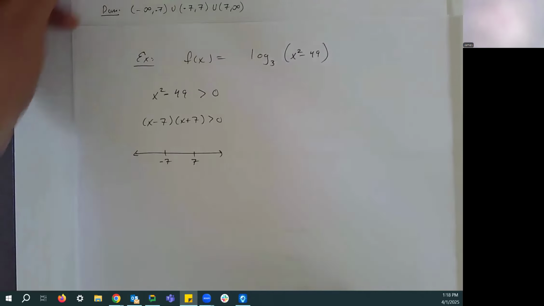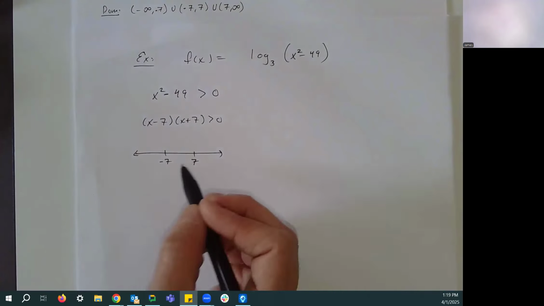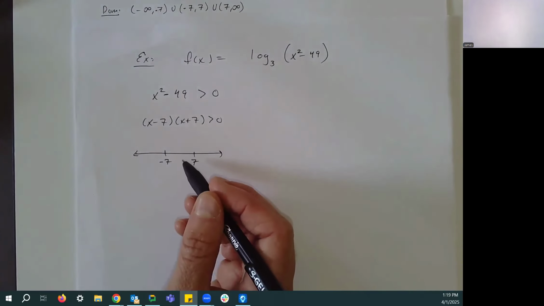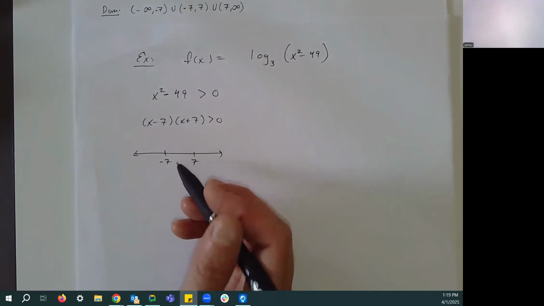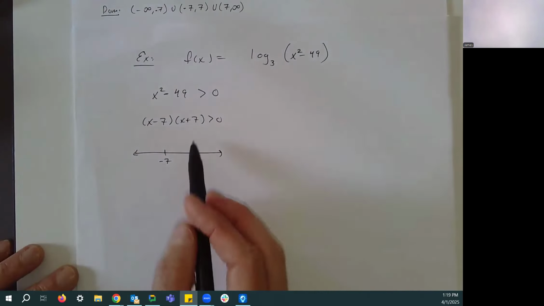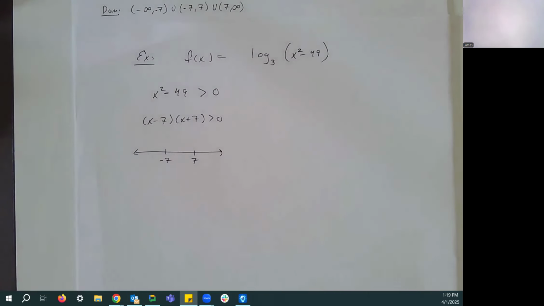So I'm just thinking about plugging in numbers here. We're never picking the number that is actually on the number line. Also, I should point out, I didn't write 0 down. I never write 0 down unless it's one of the things that actually makes it equal to 0. I know 0 is a nice middle, but we really don't want to write it down if it's not something we want to consider. I'm only writing the quantities down where the sign might change from positive to negative or negative to positive.